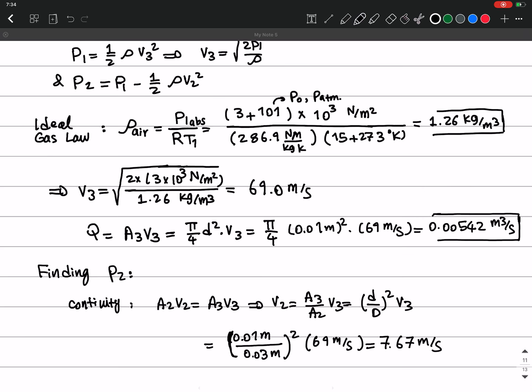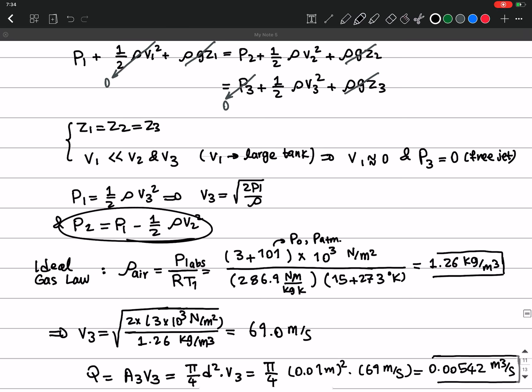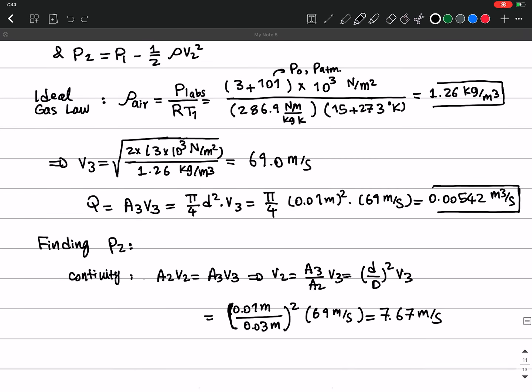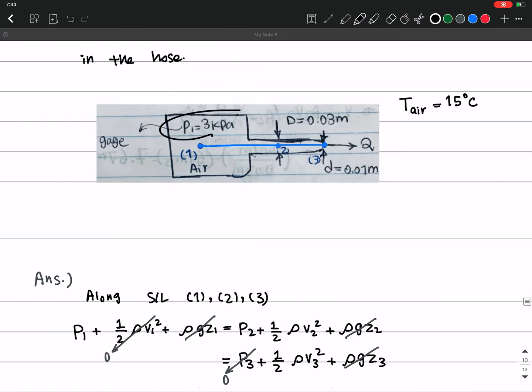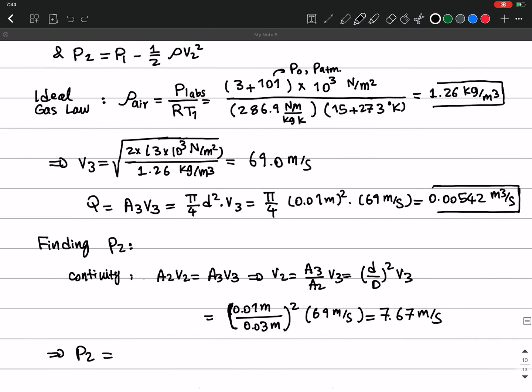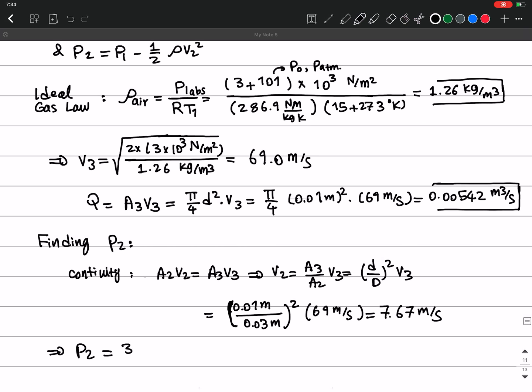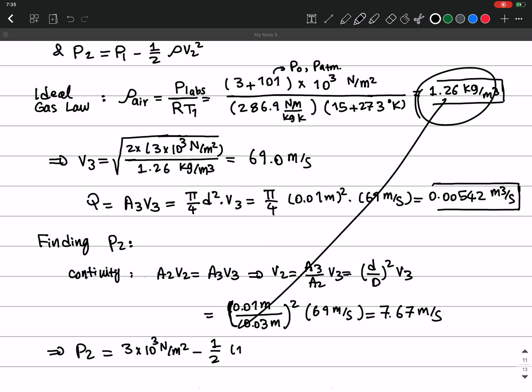Okay, and now that I have V2, I can put it into this equation to get P2. So P2 is going to be from this equation here, I just write it down here, equals P1, which we know from here is 3 kilopascal. So it's going to be 3 times 10 to the 3 Newton per meter square minus 1/2 of rho air, which we know is 1.26 from here,